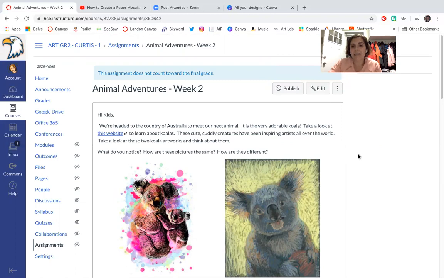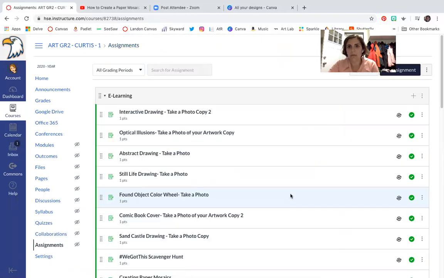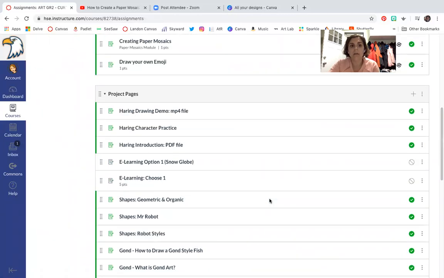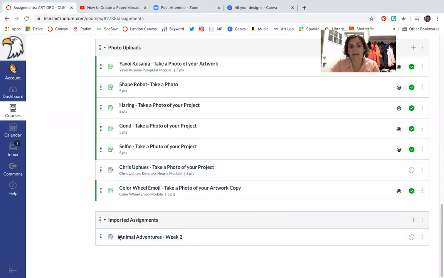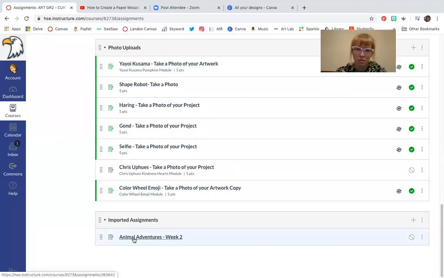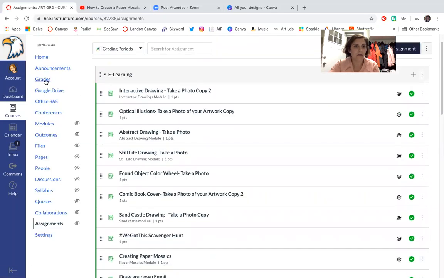No, that's linked to assignments. Once you create an assignment, and I'm going to show you that here in a second, it automatically goes into your gradebook. So because I imported that assignment, Animal Adventures, from Commons, it automatically went to my gradebook. So if I go back up and I go to grades,